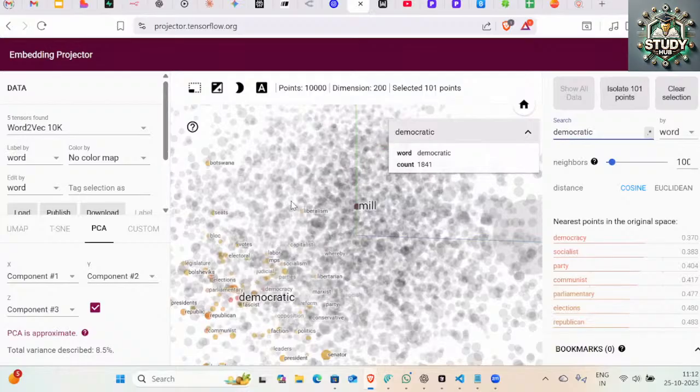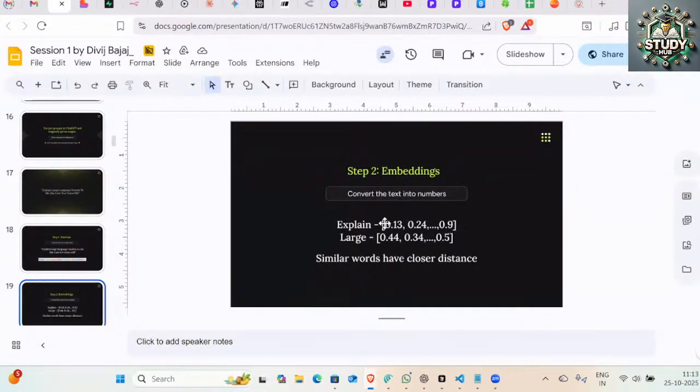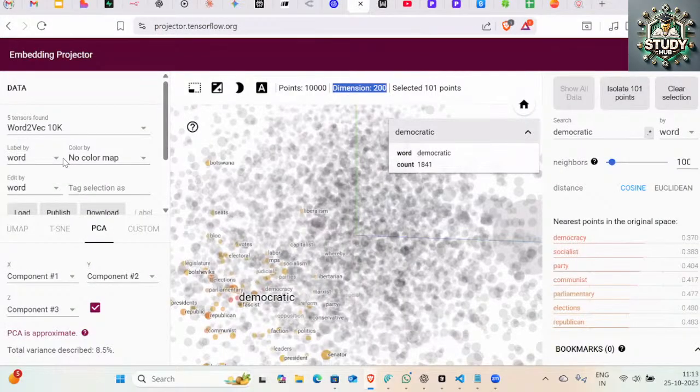And the model has learned these patterns via embedding, whose job is to convert words into a numerical vector representation, right? They are very high in dimension. You can see for this particular model, it is 200 dimensions. 200 dimensions means a series of 200 numbers like this: 0.13, 0.24, 0.9. How long is that string? It is 200 dimensions for this particular word2vec model. Now, ChatGPT can be as long as 2048 dimensions. That means 2000 dimensions. That is the scale of what we are witnessing right now with all these words.